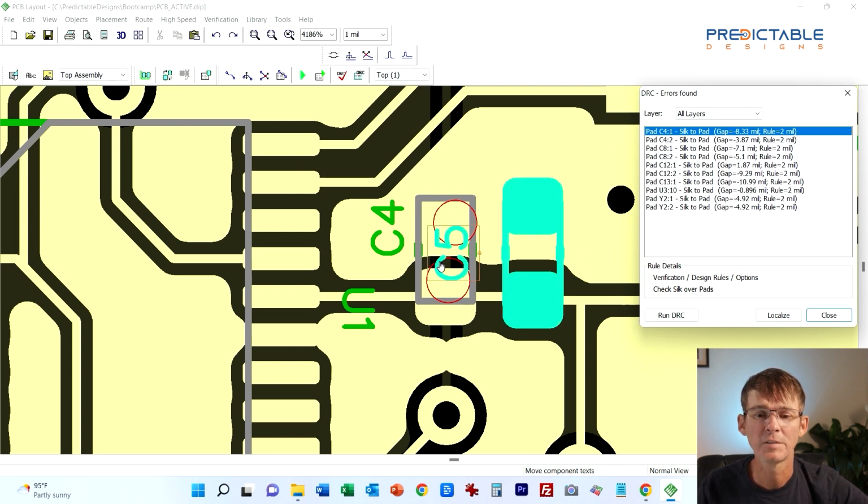The solution to this is we need to move the reference designators around and get them off of the pads. And to do that in DipTrace, you're going to just press F10, and then that allows you to go around and move any of the reference designators or reference designators only. Okay, so I'm going to do an F10,